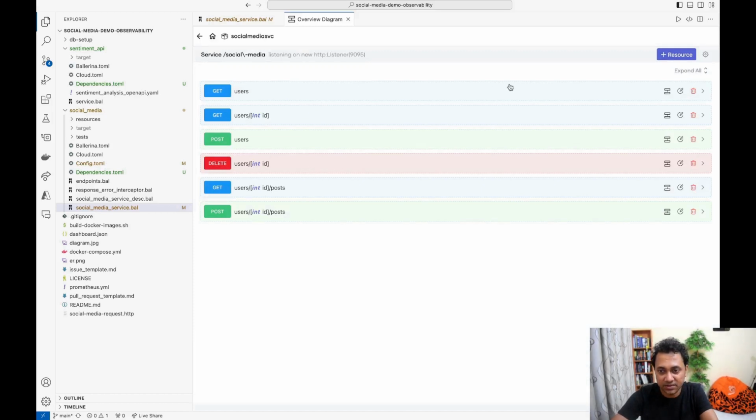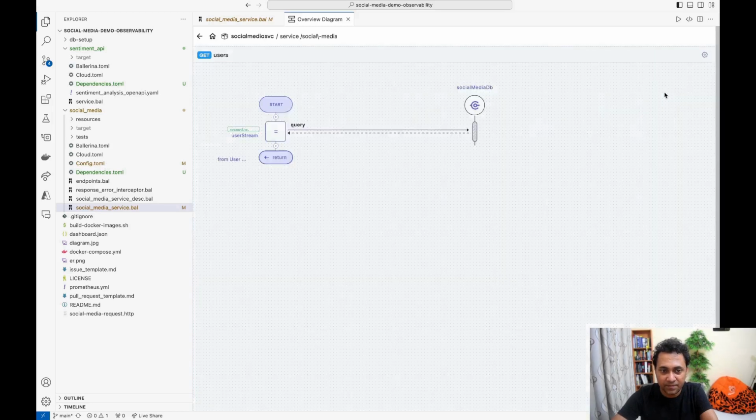If I just click on one of these, you can see this resource is a simple one, which actually talks to some endpoint. Here you can see it's a social media database. So when the request hits this resource, it talks to this social media database, gets some data and sends it back. Here the important point is there is one external endpoint to which this resource talks to. So if I just go back